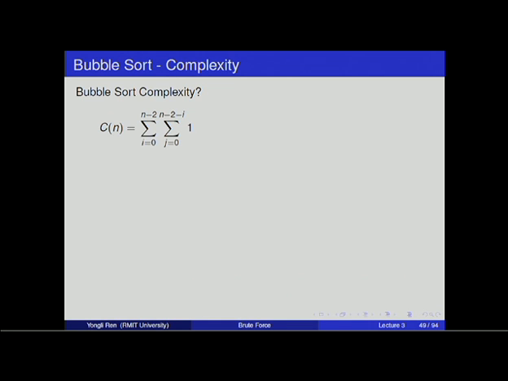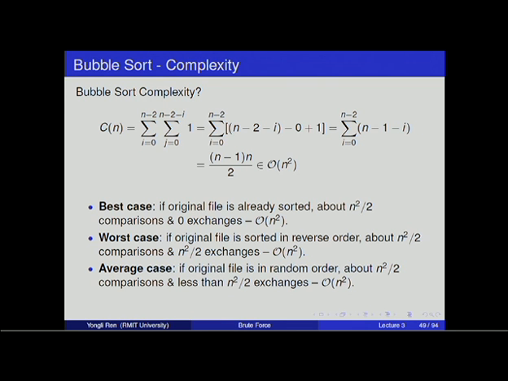Now I will move on, and we get the same summation. We simplify, and finally we get this one as the answer. Again, I will not talk about the details of how we do the simplification, but if you really want to know and you cannot work it out, come to the consultation time and find me there, I will show you. So that is for C(n). And from here, we may find this one is exactly the same one we get for selection sort. So they get the same order of complexity,